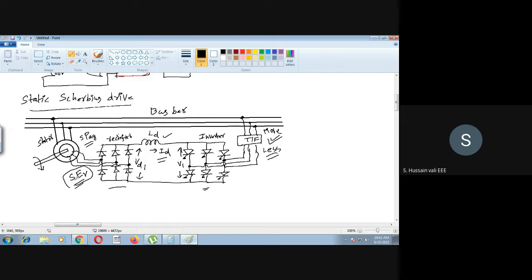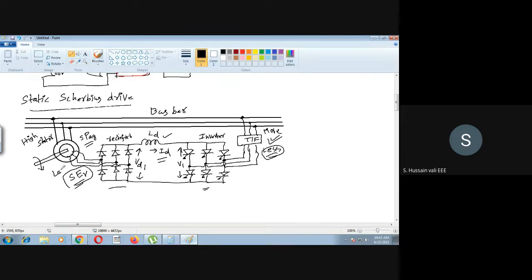And generally, you know the value of S. S is generally a small value. If it is a small value, then the EMF is also small. So if the EMF is small, then the voltage you will get at the end of the inverter is also less. Then definitely you have to step up that voltage. Here you have high voltage, you know very well, because you are giving the supply voltage directly to the stator.